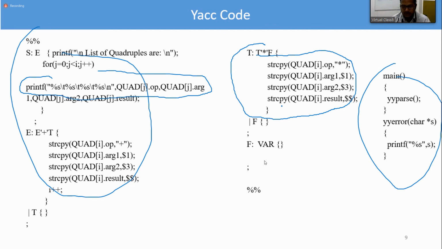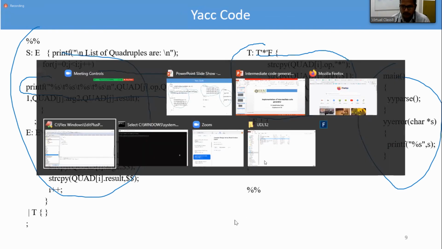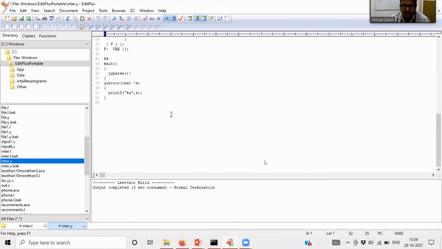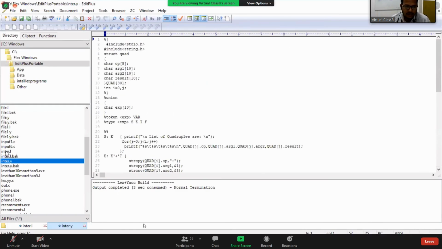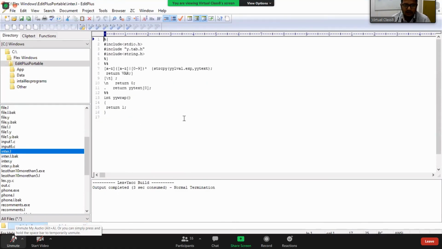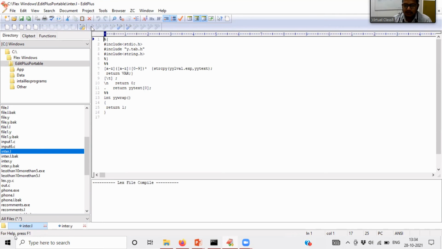Let's go and see how this output works. Let me show that. All of you can see the Flex window, guys. Here I have the Lex program and I'm compiling it.